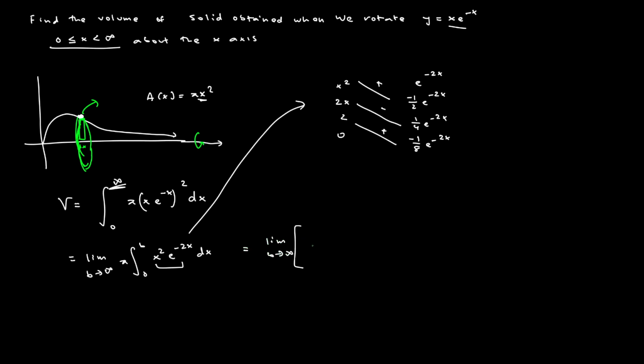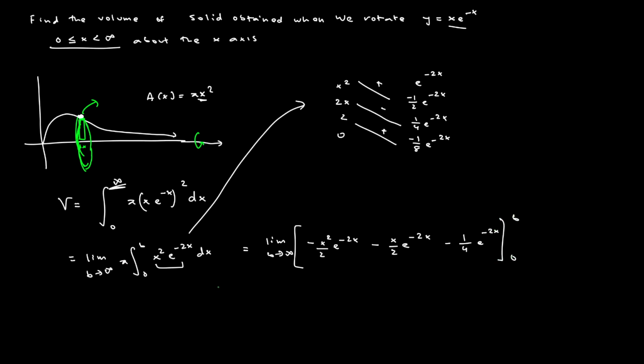And so our final integral will just be the limit as b tends towards infinity of negative x squared divided by 2 times e to the minus 2x, and then this will also be negative, minus x over 2 times e to the minus 2x, and then the last term will also be negative, minus 1 over 4 e to the minus 2x from 0 to b. Therefore,